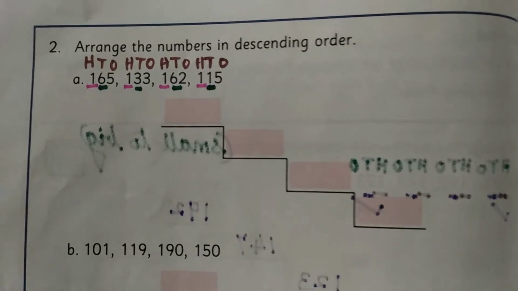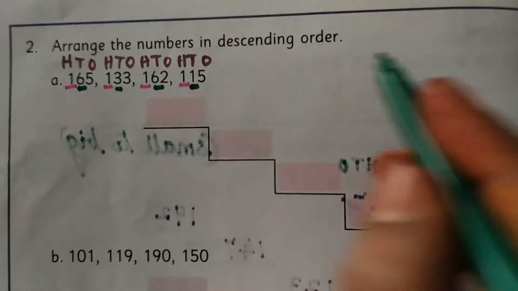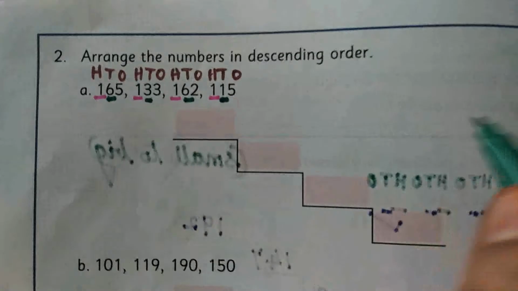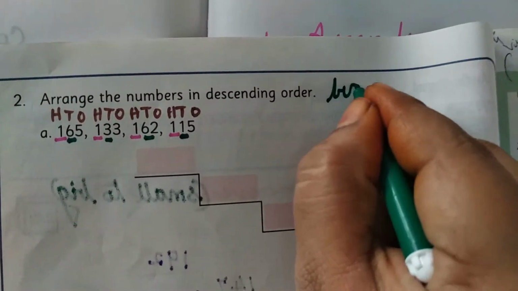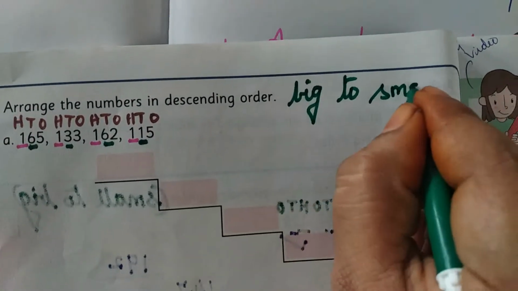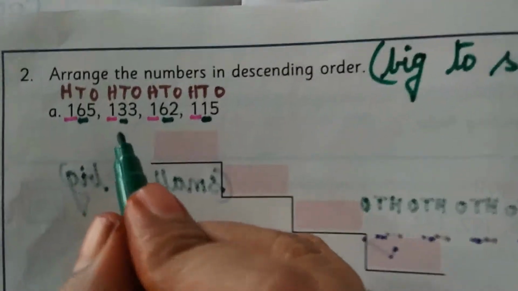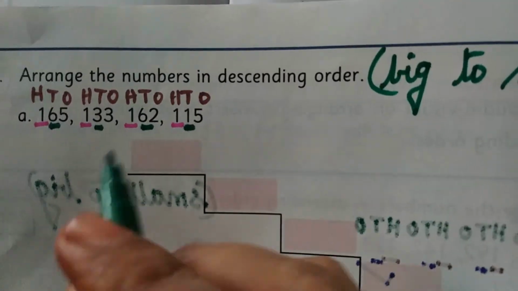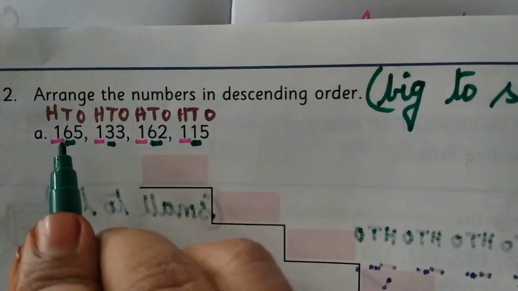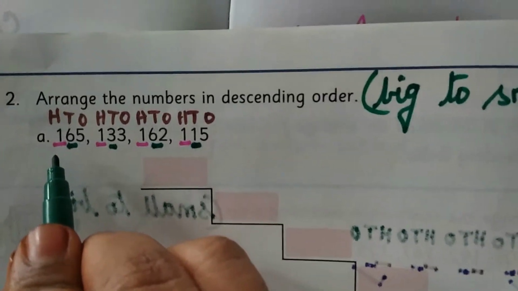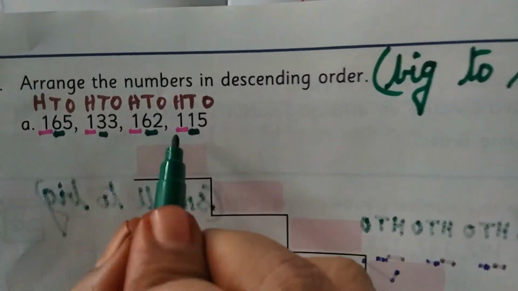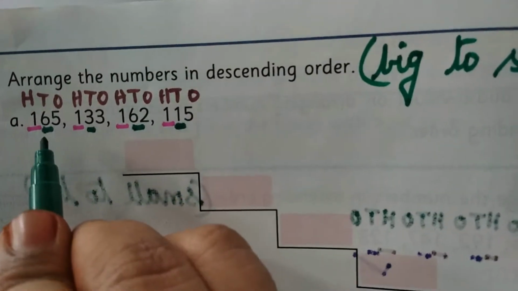See, arrange the numbers in descending order. So what is going to be descending order children? Yes. So from big to small we want to arrange. Okay. Yes. How to compare the numbers? So same what we did in ascending order. First we will compare in hundreds place. Check. So for all the numbers having same 100. Yes. Next we will move to the tens place.